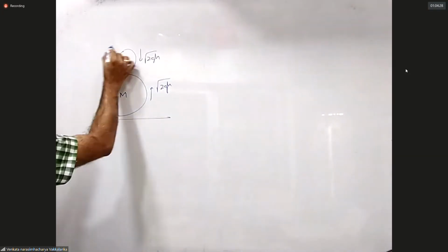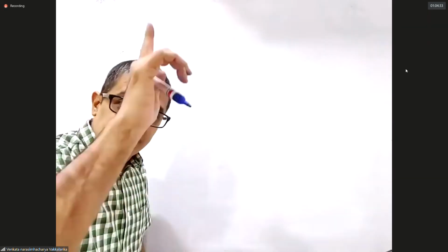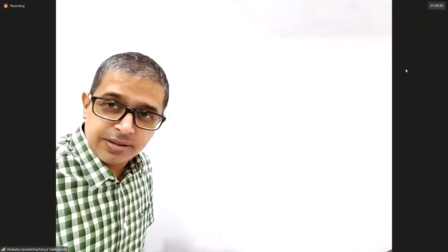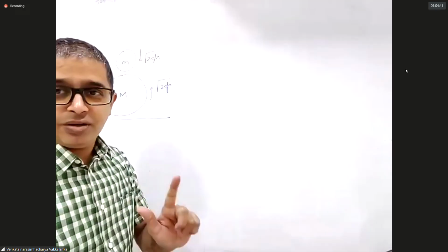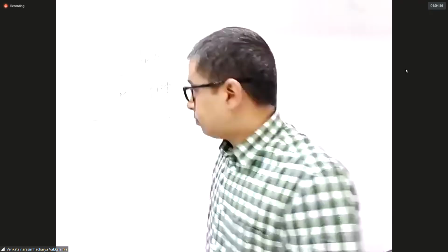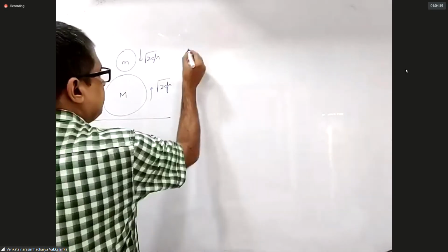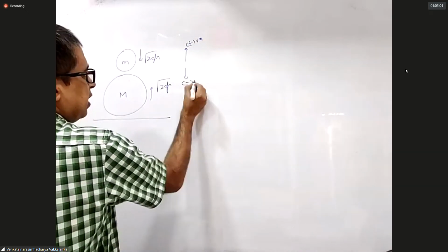Somebody down the lane has given me permission to conserve momentum between the two, despite the fact that there is gravity acting in the direction. Gravity is non-impulsive, so I am given the permission to conserve momentum in that short time interval. If the time interval is long, I do not have the permission to conserve momentum. Am I very clear in that aspect? Yes, sir. In that short time interval, I take everything in the upward direction positive, downward direction negative.